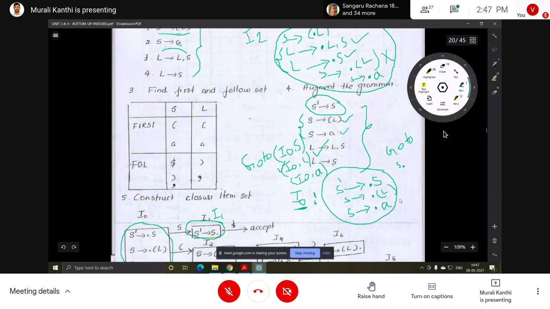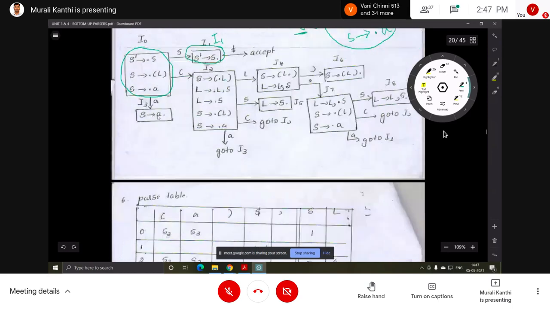Previously the dot was before A; after applying the go to function, the dot will be after A. So this is called I3: S implies A dot.